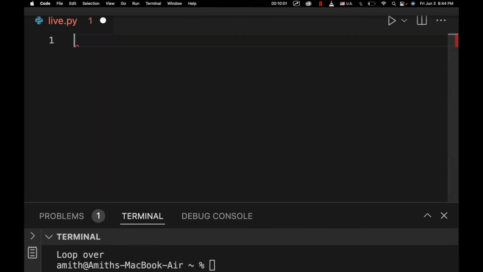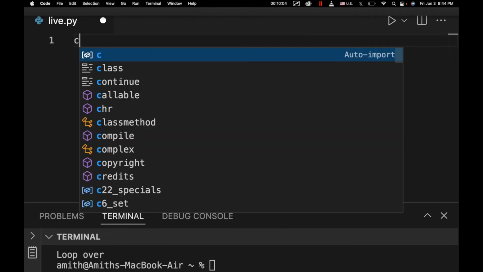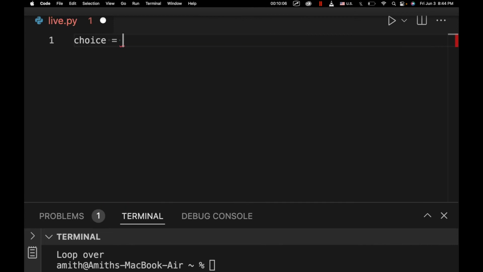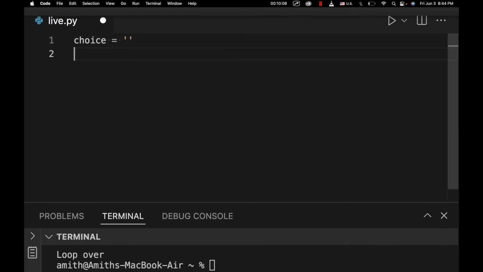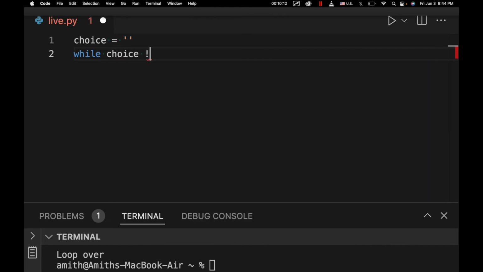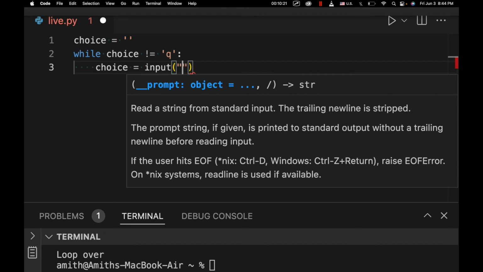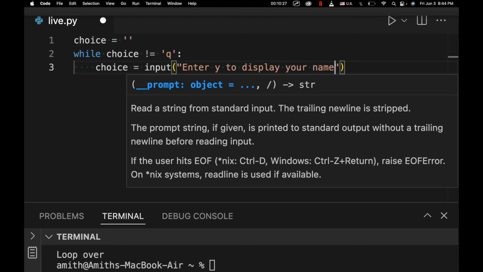So let me just go ahead and move this down here. I want to show you a little example. What we're going to do is, instead of using an integer, we're going to use a string. We're going to say choice equals an empty string. Now, while choice does not equal q, do some stuff. So choice equals input, "Enter y to display your name in reverse,